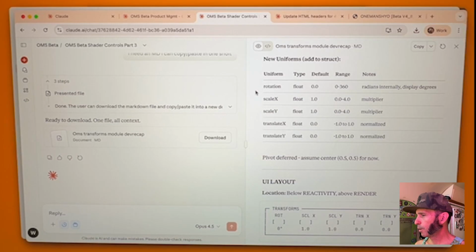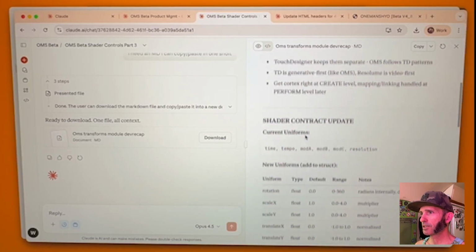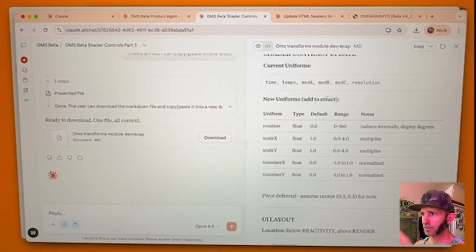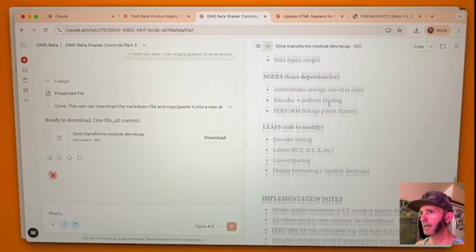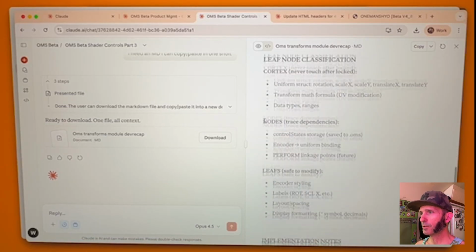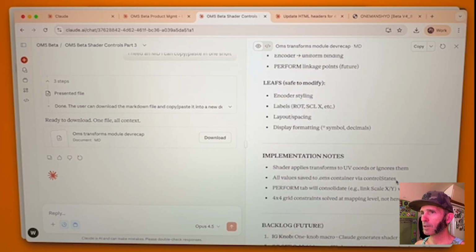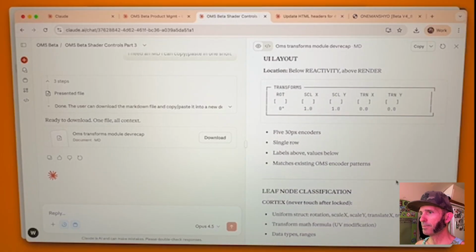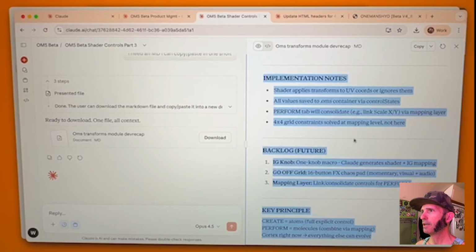All right, let's get into it. What I usually do is, like I said, I write out some spec. This is from some conversation prior, based on what's already in the application, so it has an understanding of this leaf node, Cortex nodes, etc. And without digging too far into it all, we're just going to go and grab, there's some extra baggage here that doesn't really matter,